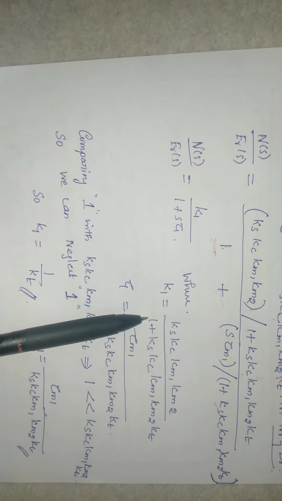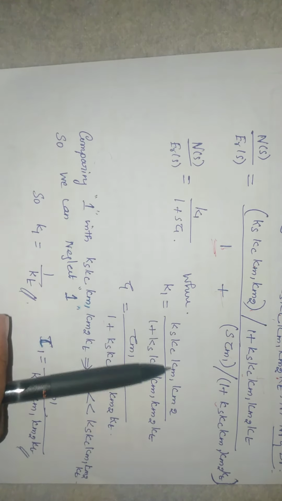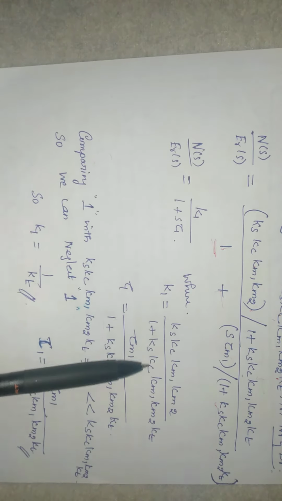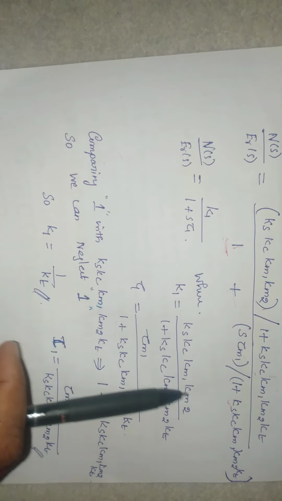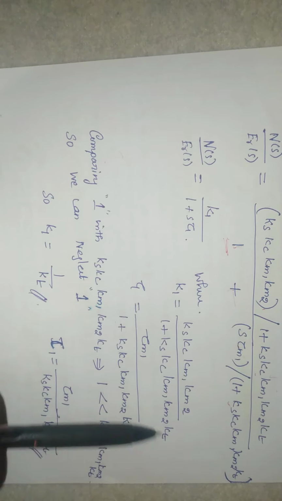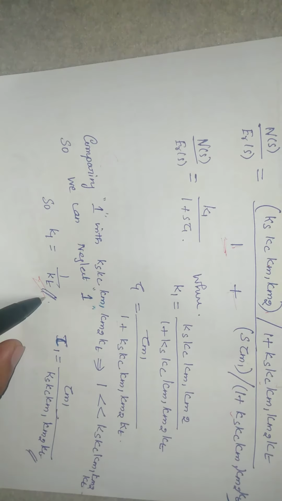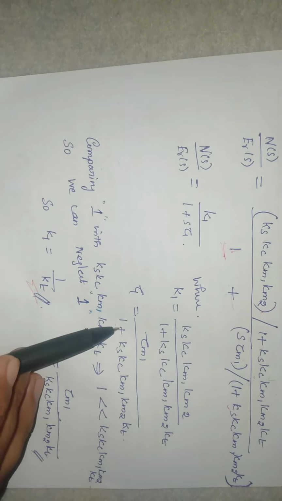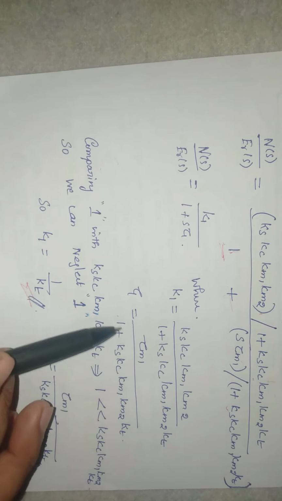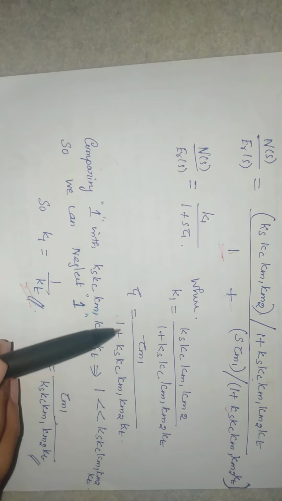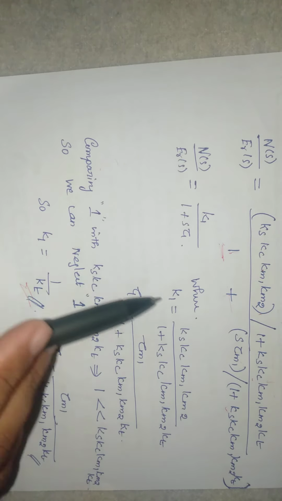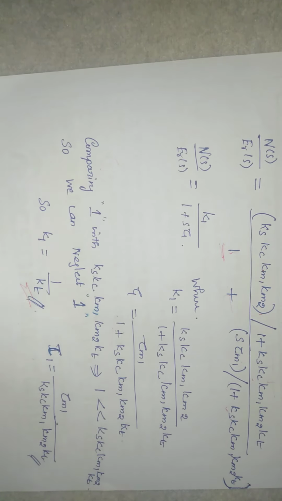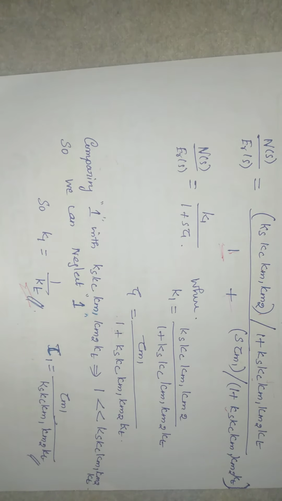So in K1, this 1 is eliminated, so the remaining Ks Kc Km1 Km2 divided by Ks Kc Km1 Km2 Kt, the Ks, Kc, Km1, Km2 cancel, so K1 is equal to 1 divided by Kt. This term will be obtained. And for tau 1 also, we are eliminating this 1 because this term will not give a major difference in 1 plus 1. So the remaining term is tau m1 divided by Ks Kc Km1 Km2 Kt. These two terms are the simplified equations from the first stage of our speed controller design.